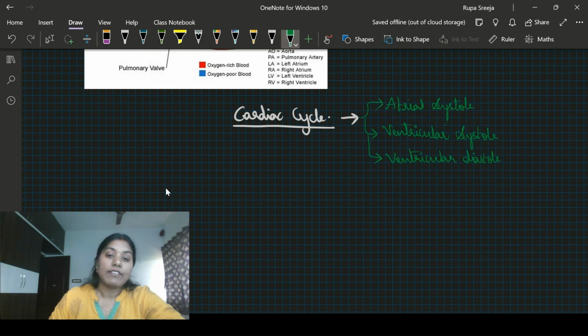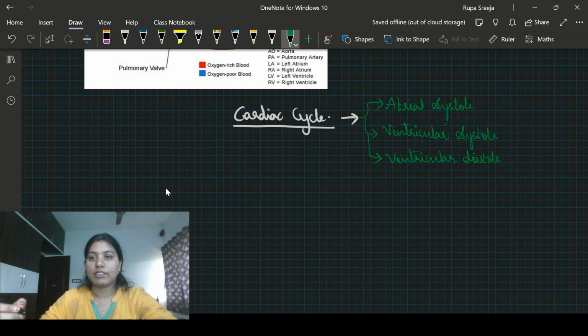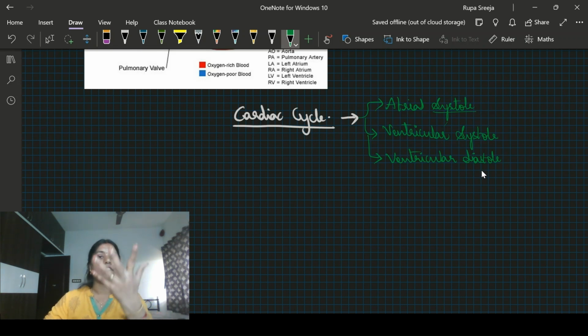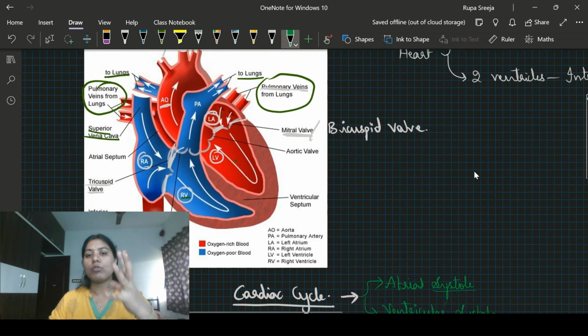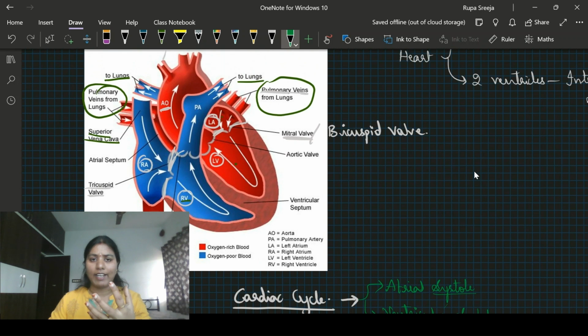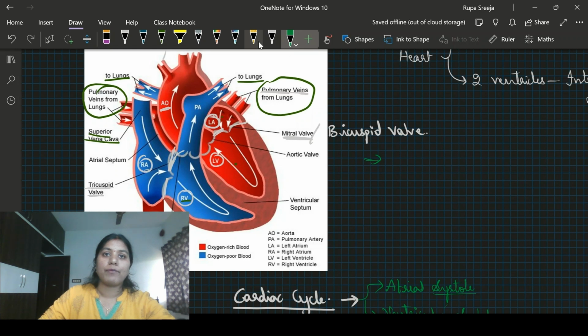First, we have to know about atrial systole and diastole, simple. Systole means contraction of a muscle, the heart especially. Diastole means relaxation. How is it happening? We'll discuss now. For a heart muscle to contract and relax, which means for one heartbeat to happen, we need some special tissue, right? Exactly. We have nodal tissue.